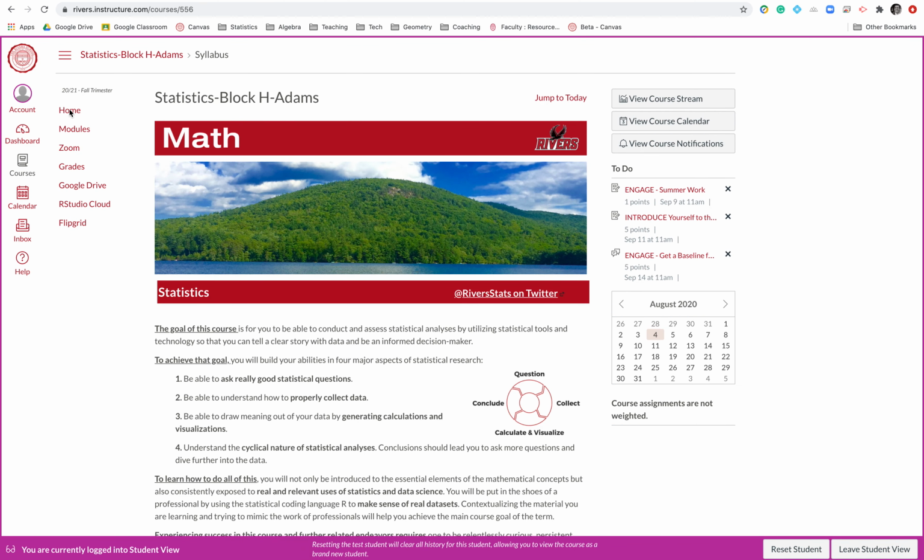As we go back to the home page, just look on the right side here, and you can see you have access to things quite easily. So you have your notifications for that course, you have what's to come in that course. If I look on this calendar, you can see these squares over the dates where things are due for that particular course. And on the left side here, you have access to your grades.